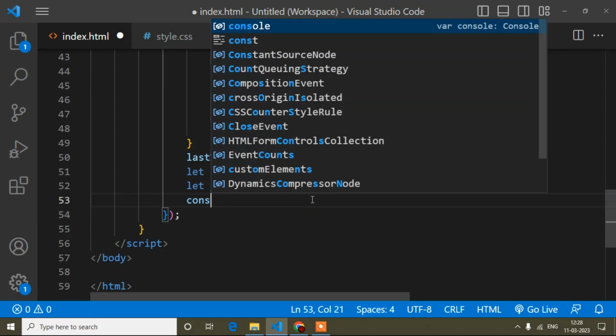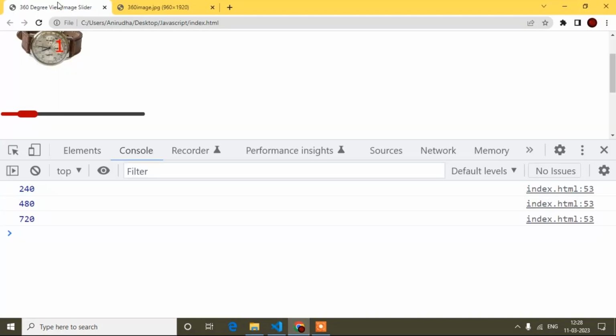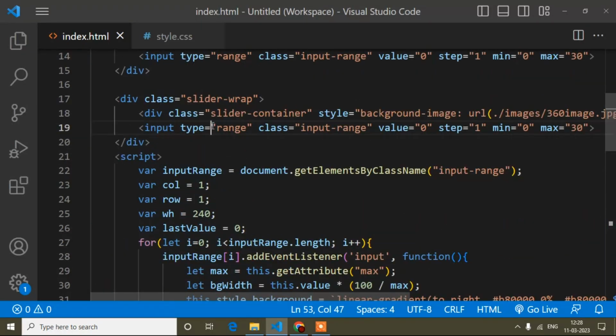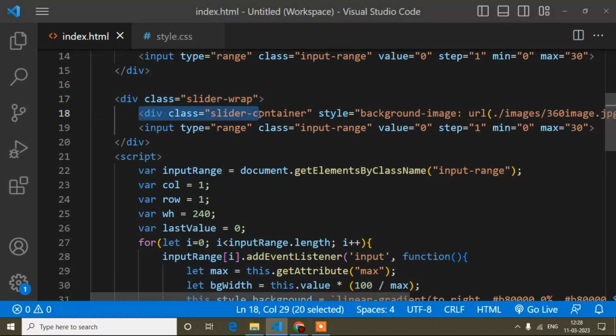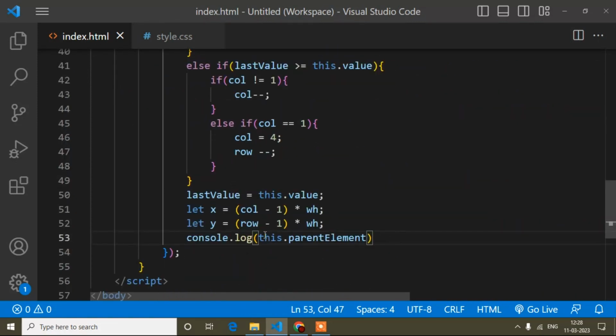So if I write this dot parent element, let's see what I get. Console dot log. If I write like this, see, I'm getting this slider wrap, this input range's parent is this one. Now I need to take this one, so from this parent I will take the children, right? Parent element dot children.